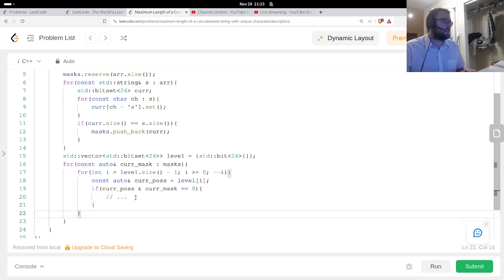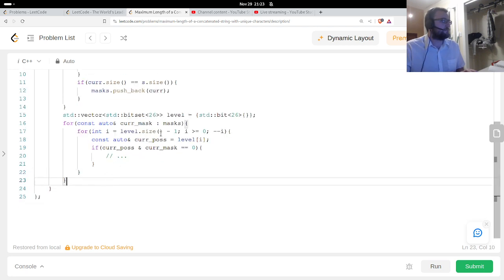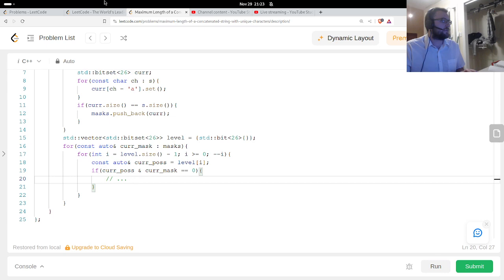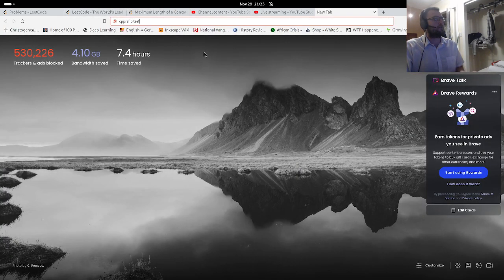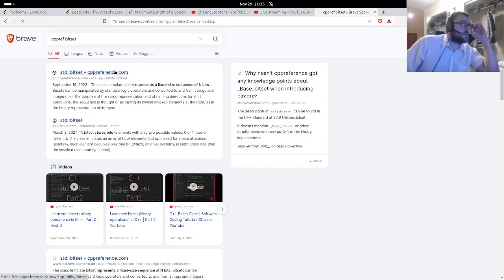Otherwise, you skip it. Yeah, what did he use? He used like none or something or other. I don't know the bit set operations offhand.